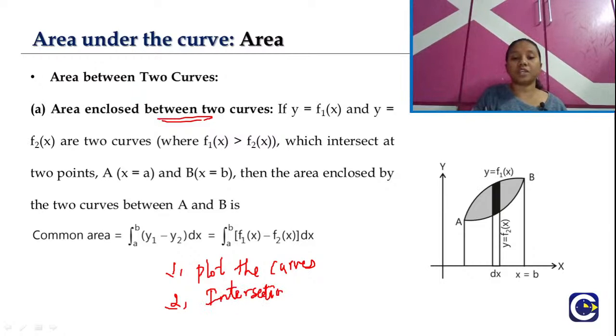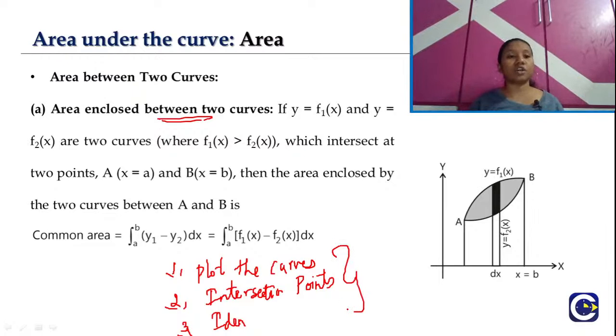So what do we have to find? We have to find the intersection points so that we can get our limits. Once we get the intersection points, we can identify the upper curve and the lower curve, which leads us to the function for the common area enclosed between these two curves. So these are the three steps involved in finding the area enclosed between any two given curves. Right. As we discussed, let's understand this concept in detail